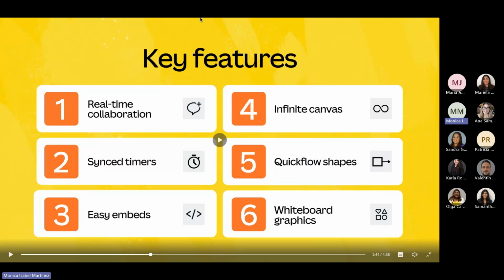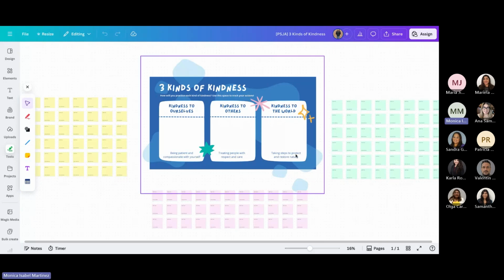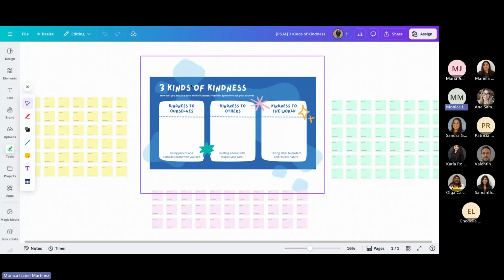So what we're going to do, let me stop. Let me actually share this other tab. We're going to jump into an activity. So I'm going to give you access to this board here in just a second. Before I do, I just want to explain kind of what's going on here and what we're going to be